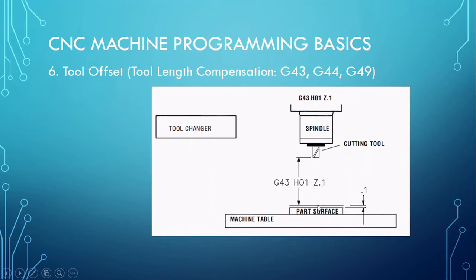Now you agree with me that if a longer tool is changed on the spindle and the operator tries to touch that same surface, the tool will not go as far down as the initial tool. If the datum tool is shorter than the next tool being used, then touching the surface with the longer tool, the z-axis will not go as low as with the datum tool. So in that case, the tool length compensation will be a positive tool length compensation, which will be the G43, which means,